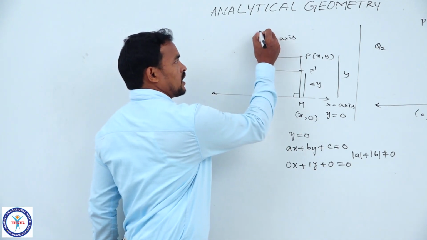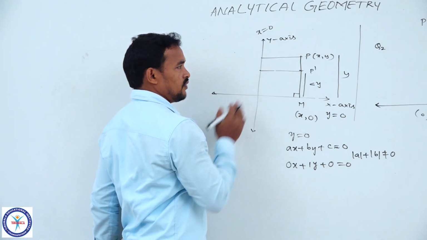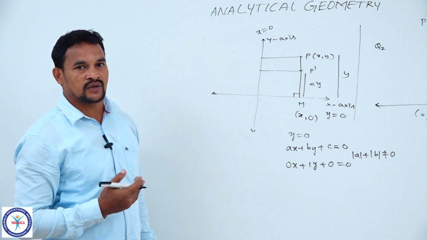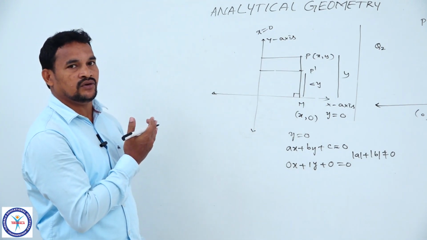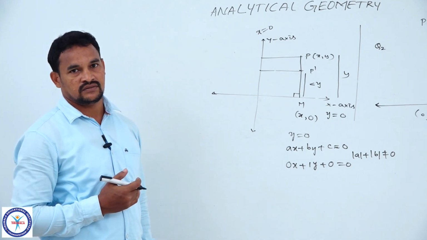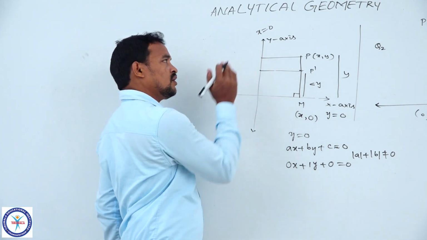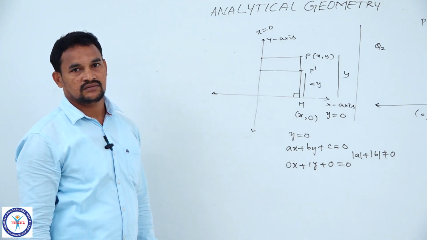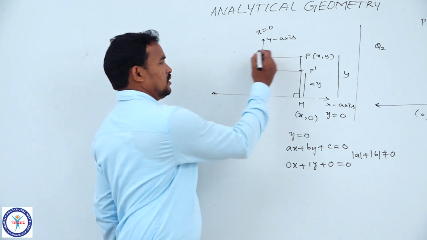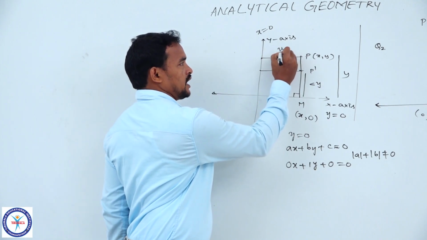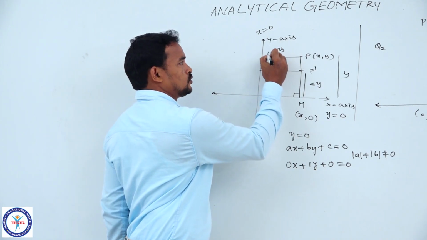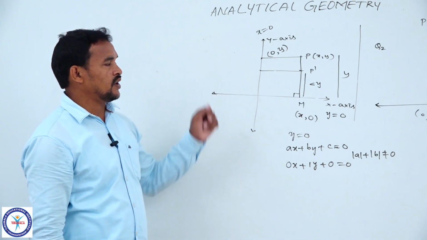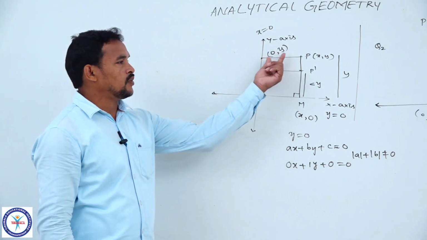Similarly, the equation of the y-axis is x equals 0. When the point P is closer to the y-axis, what we observe is that the x value decreases, and the y value is not changed. When the point P is taken on the y-axis, the y value is not changed, and the x value is closer to 0. Now, the point on the y-axis is in the form of 0 comma y.